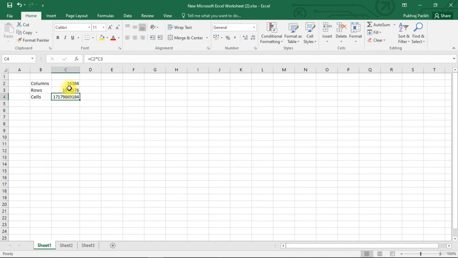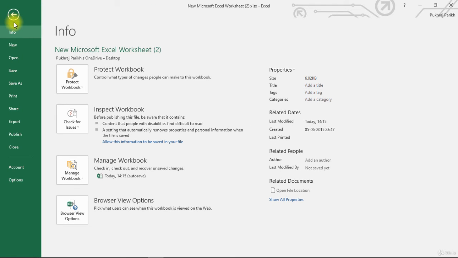So now you have created this worksheet which has some data into it. You would like to save this worksheet so that whenever you open it again, you access this same data. To save a worksheet, we use the file button. In this, you will see options such as new, open, save as, etc. Since we are saving this file for the first time, we will click on save as